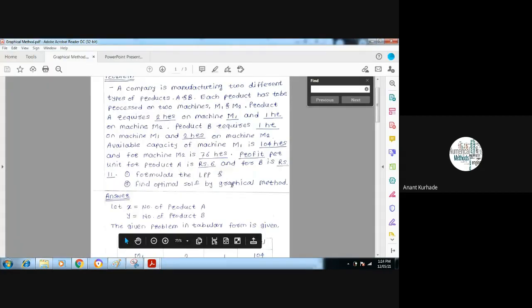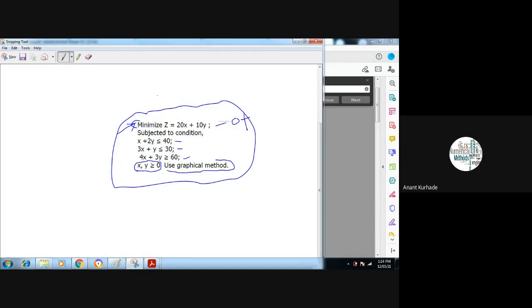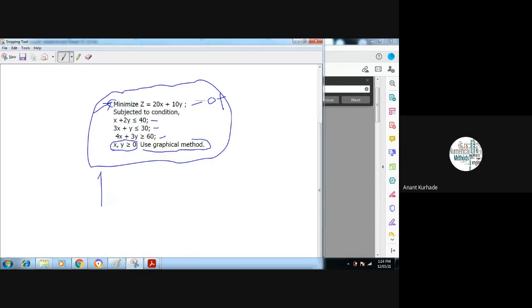So we have studied this on Monday in the first lecture. See, what do you have to define first? Does anyone reply? What is our first step for formulation of LPP? If you see this standard form, if you check this problem in reverse manner, so what do we have first?